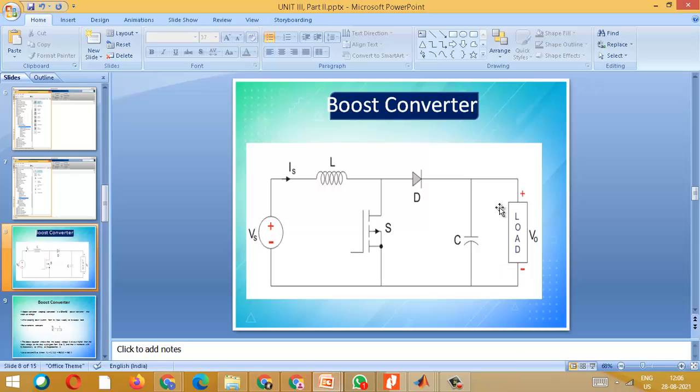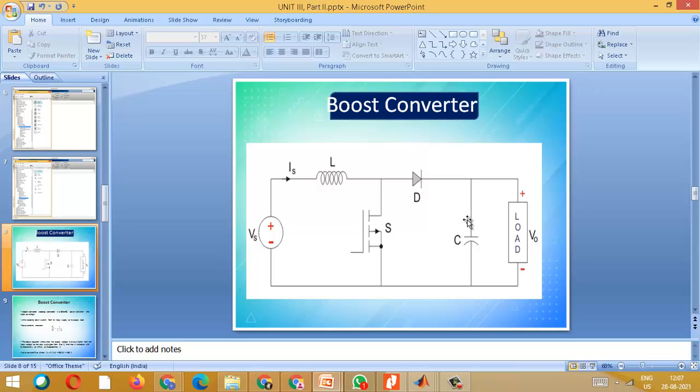Now in mode 2, when the switch is off, you see the input voltage plus the voltage stored in the inductor, so twice the voltage. Now this voltage will go through this diode and charge the capacitor to twice the value. This twice the value stored in the capacitor is discharged when the switch is on. Again the mode will repeat. You turn on the switch, charge the inductor. During this time, the capacitor will be releasing to the load, and again when the switch is off, the supply plus inductor will charge this particular capacitor.